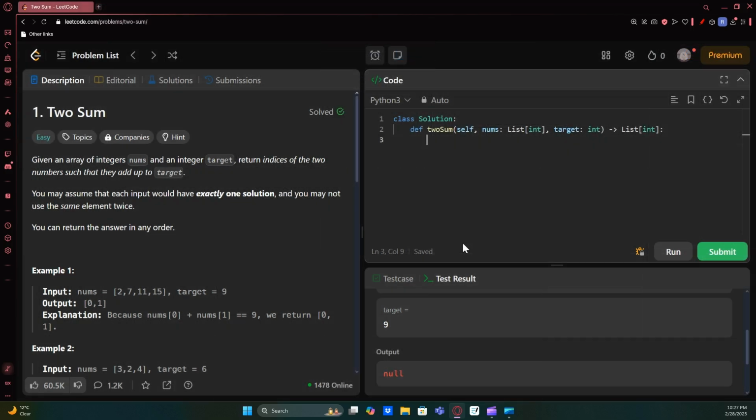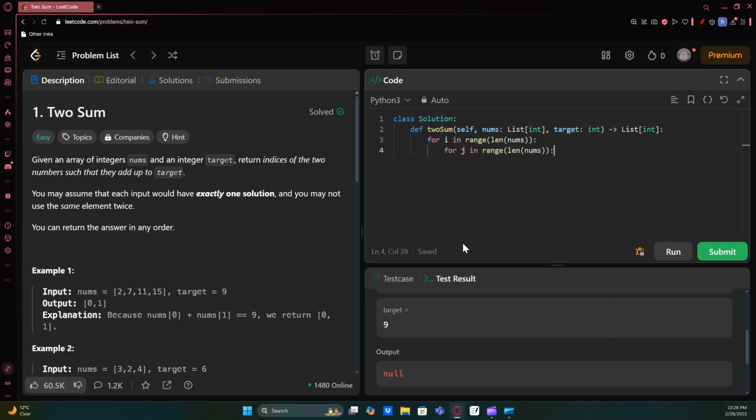Okay, so now we have to actually code this up. So the first step is to make that exterior loop that we discussed in the logic, the i loop. So we can say for i in range len nums. And now we need the interior loop. So every time i iterates through one element of nums, the interior loop, which is j, will go through every element. So we can say for j in range